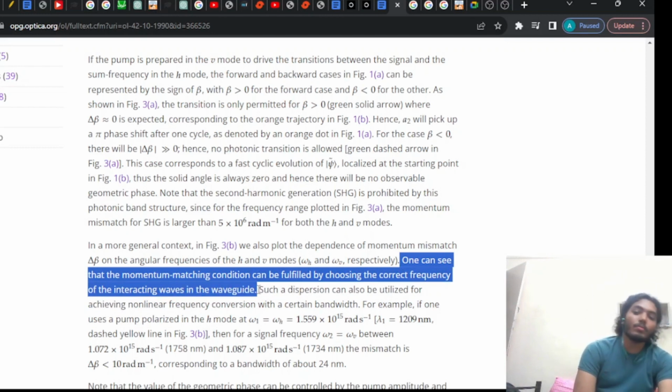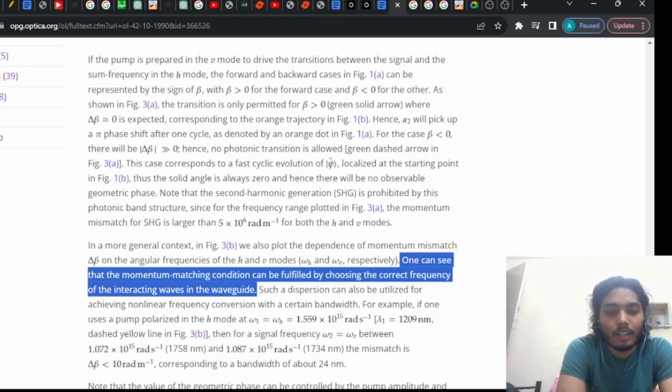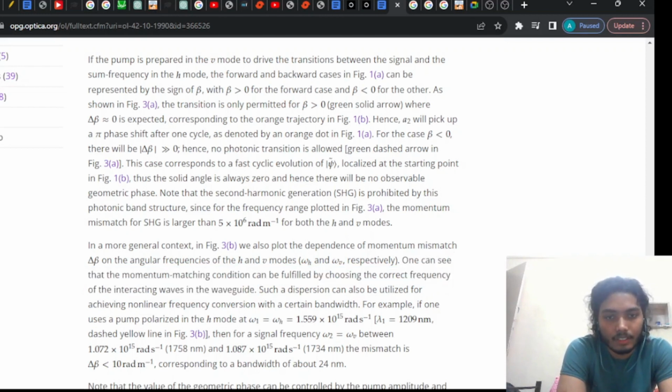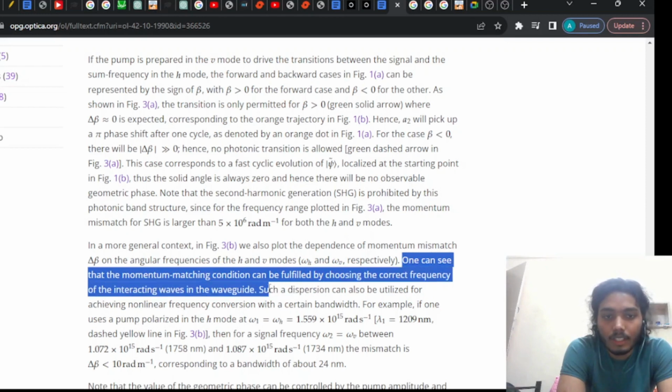Means we can't generate any frequency, any omega h, for a given omega v. There is some selectivity, so that the momentum matching condition can be fulfilled. So we have to choose the frequency correctly,